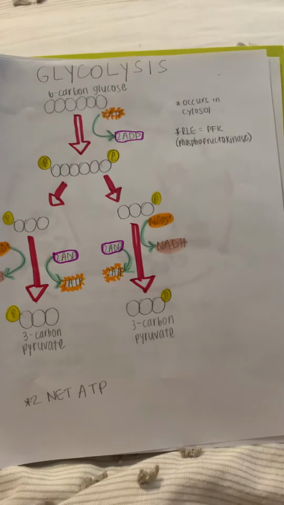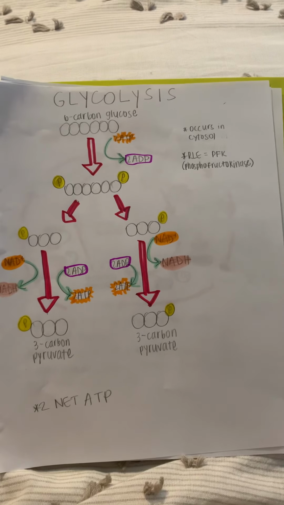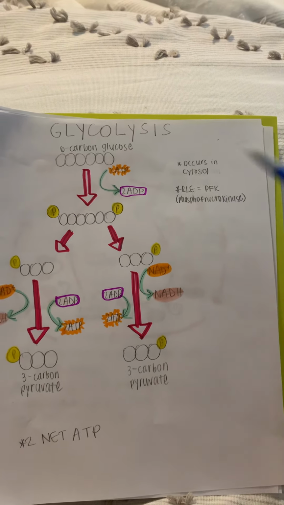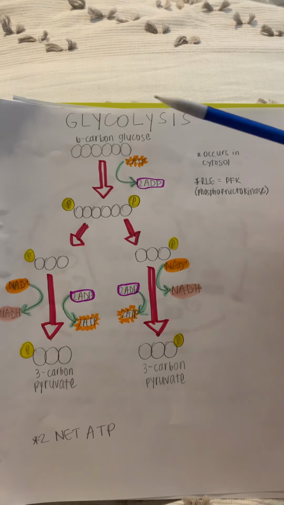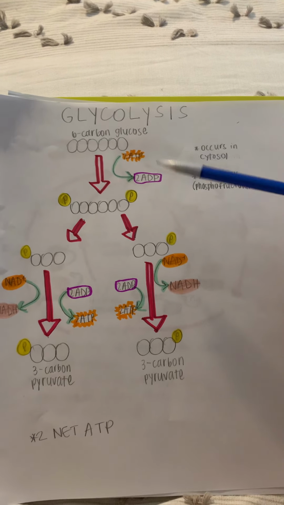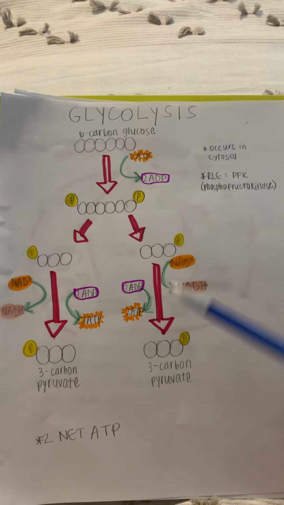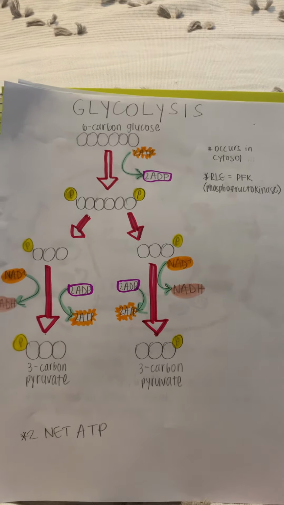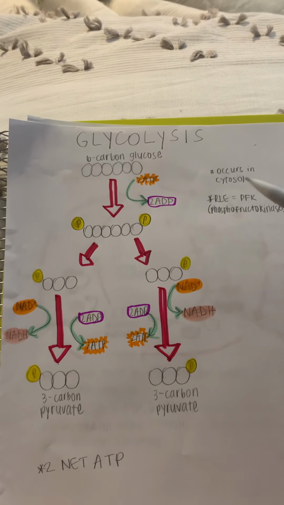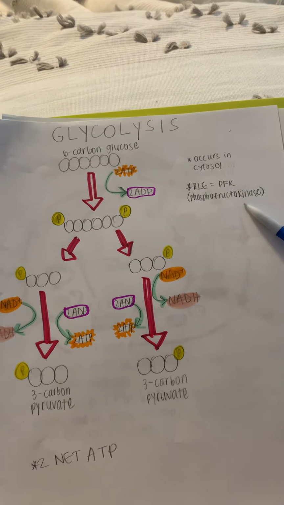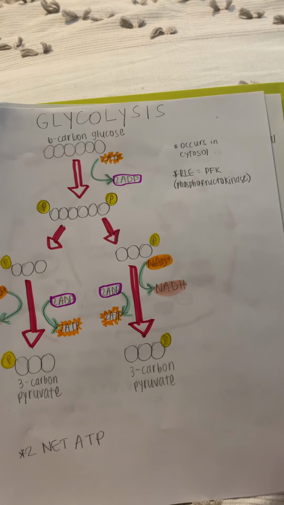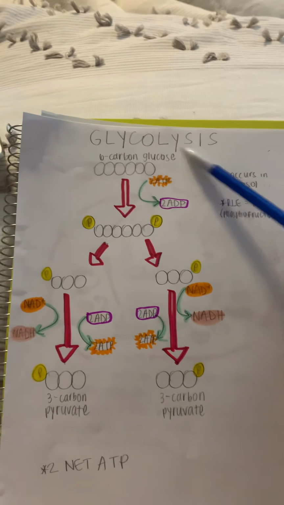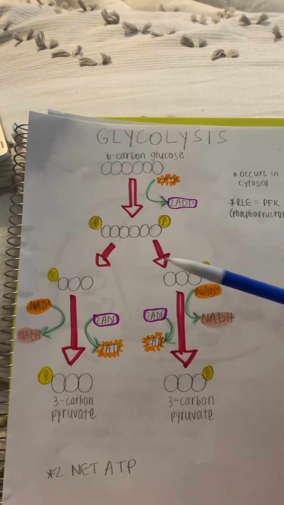Okay, so we're going to start with glycolysis. Glycolysis is basically a whole cycle, and the goal of it is to break down this 6-carbon glucose into 2 3-carbon molecules called pyruvate. It occurs in the cytosol, and the rate-limiting enzyme is phosphofructokinase. Basically, that just limits the rate and the speed of this whole reaction and the rate that the ATP